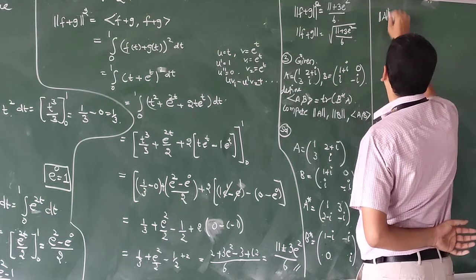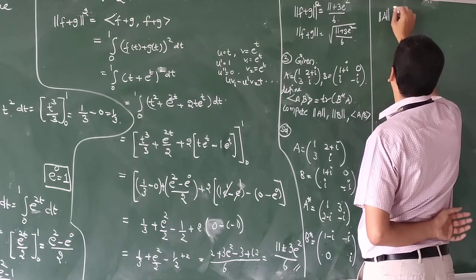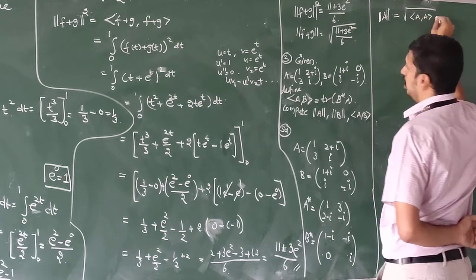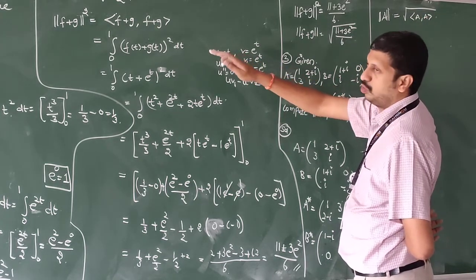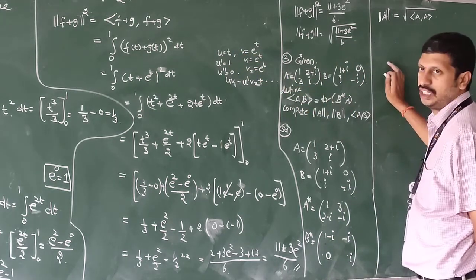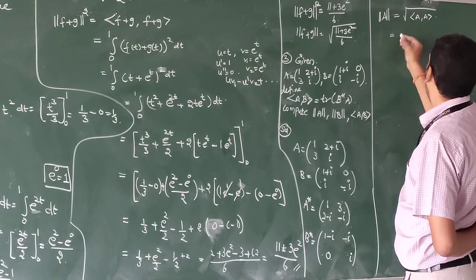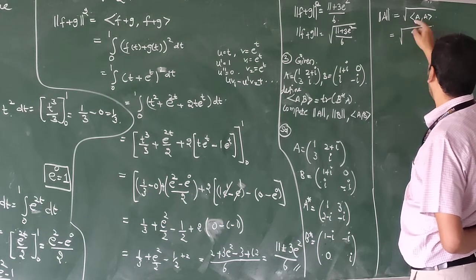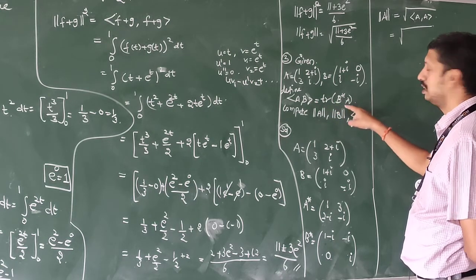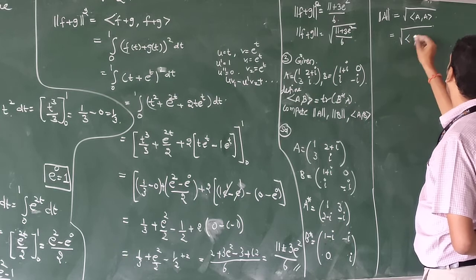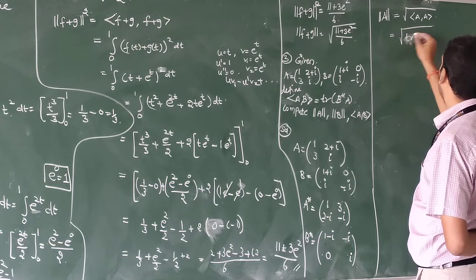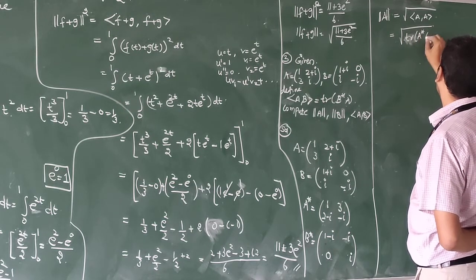norm A. Okay, norm A is nothing but root of inner product A comma A. So, we already have this one like that, but at last only we have taken. So, here we can take totally and we can find that one. Okay. So, now what is norm A comma A, what is defined? A comma B equal to trace of B star A, right. So, that is nothing but here trace of A star A.